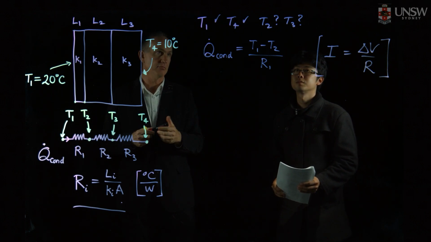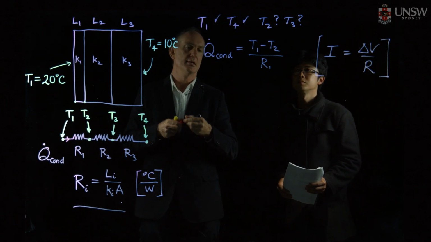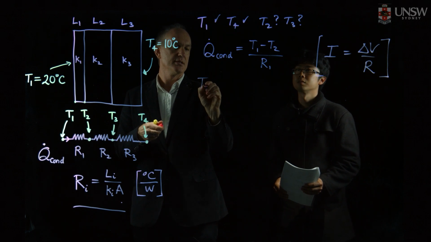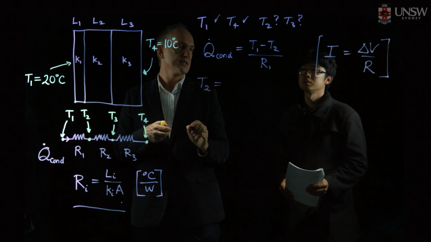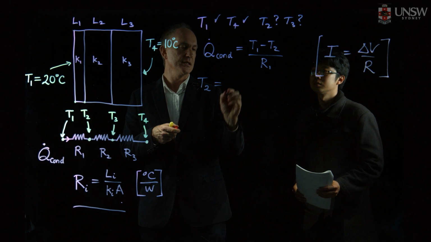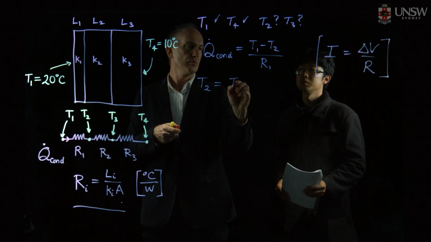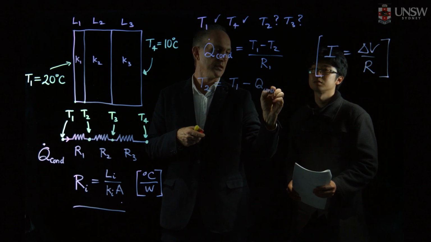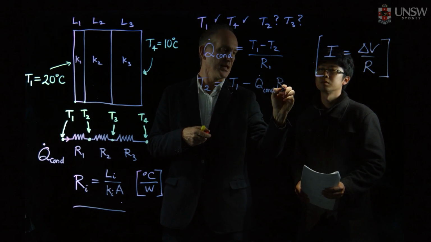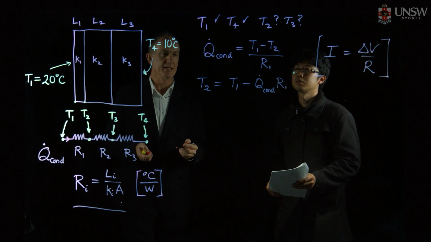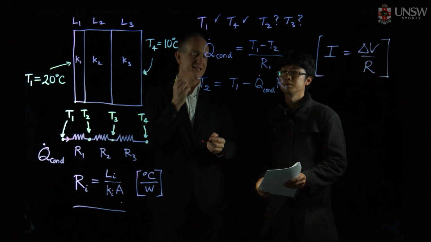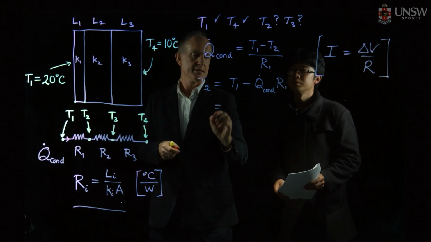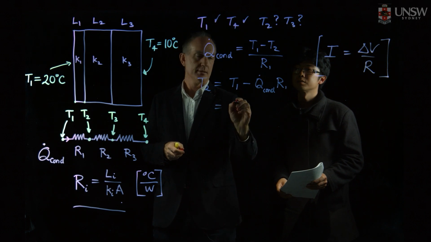We want to find out T2. We don't know T2. So T2 is just simply written down. We say T2 is going to be equal to T1 minus Q conductivity times R1. So that makes sense, which is great. So let's do that. So T1 is